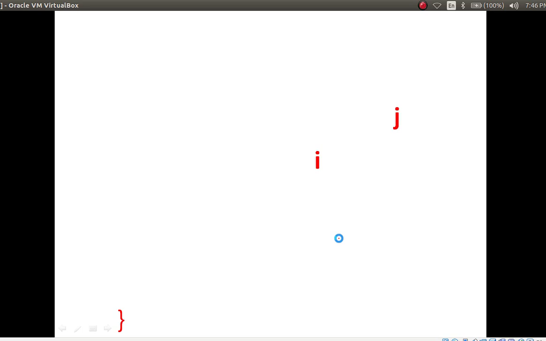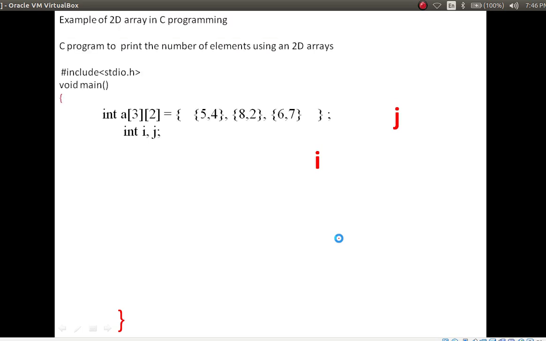Now take one example. Initialization. Here, what is the two-dimensional array size? Anybody can guess? 3 and 2. 3 means 3 rows, 2 means 2 columns. Here first row, second row and third row.